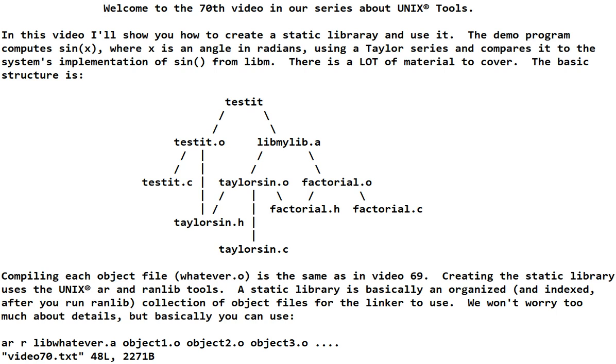The basic structure is shown here. This is a dependency graph. Tested is the application. It depends on tested.o and libmylib.a, etc. Pause the video and soak that into your brain. Now,